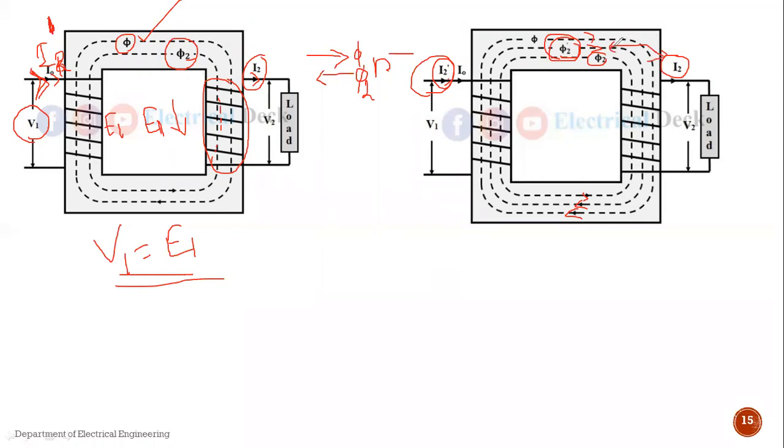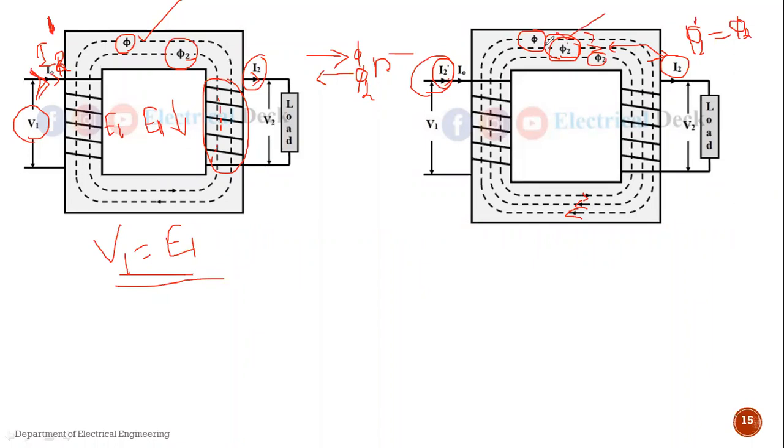Okay, now the nature of this phi2 dash flux is in such a way that it will cancel the flux produced by the current I2, that is phi2. म्हणजे हा phi2 dash काय करेल, हा जो phi2 प्रोड्यूस झालेला फ्लक्स आहे तो कॅन्सल आउट होईल. That means it will neutralize the value. So if phi2 dash cancels phi2, the remaining flux in the core is nothing but phi,